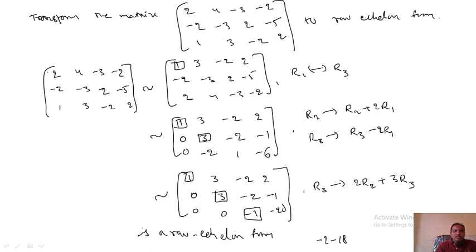Here you can also take this as a pivot, no problem, by converting this to 0, but then you have to multiply by some numbers. Here 1 is there, so converting these to zeros is easy. Here you got 3, so we would be multiplying by some number and again multiplying here. That's why, if a 1 is there, it is better to interchange, and you can convert easily. You can take any pivot, not a particular one. That is an equivalent matrix; you are not finding exactly the same matrix, only row equivalent. If you use a different pivot here, we get a different echelon form matrix. We are finding only an equivalent matrix, not exactly the same matrix.